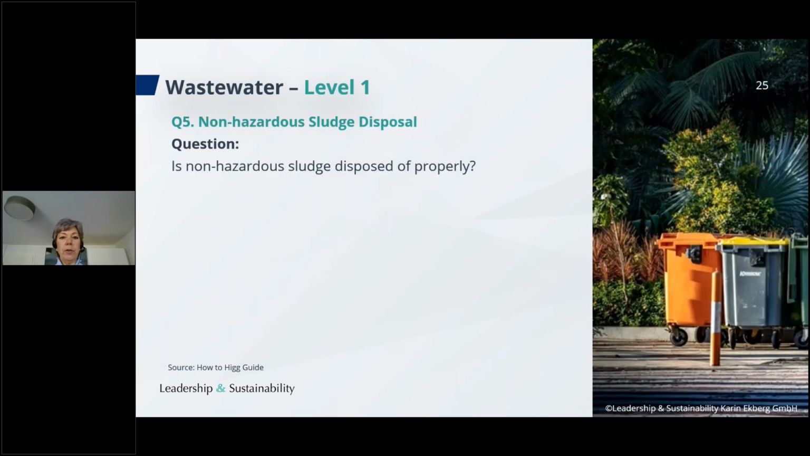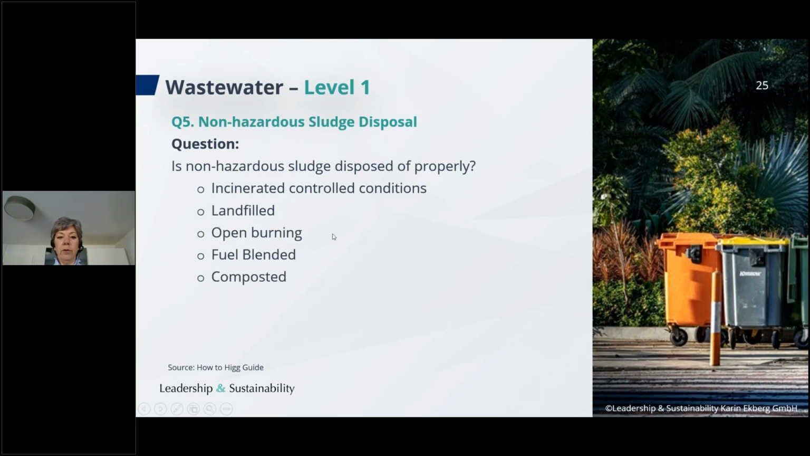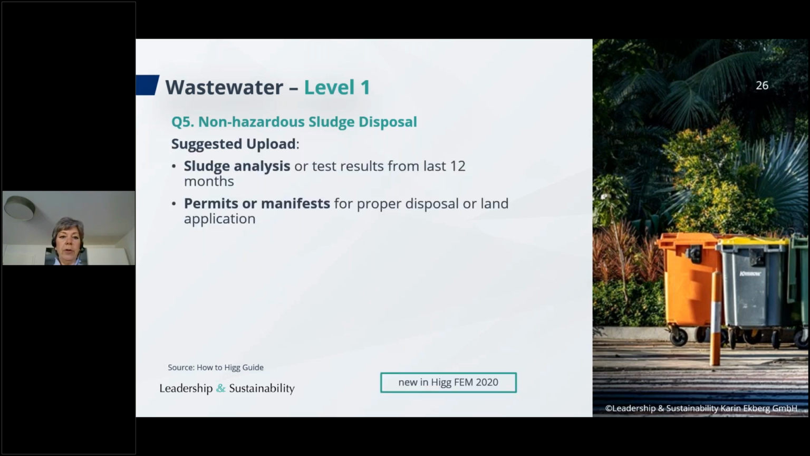And then when we come to the non-hazardous sludge disposal: is non-hazardous sludge disposed of properly under controlled conditions, incinerated, landfilled, open burning, fuel blended, composted, fertilizer. So the same options that you have regarding hazardous sludge we have here. And the suggested upload: the sludge analysis or test results, permits or manifests for proper disposal or land application if